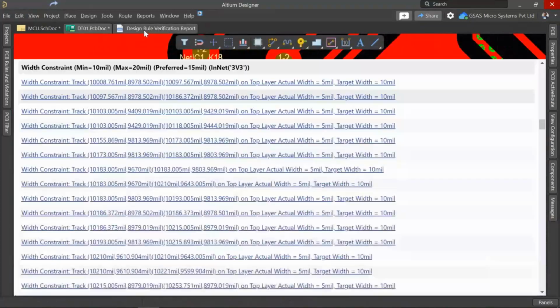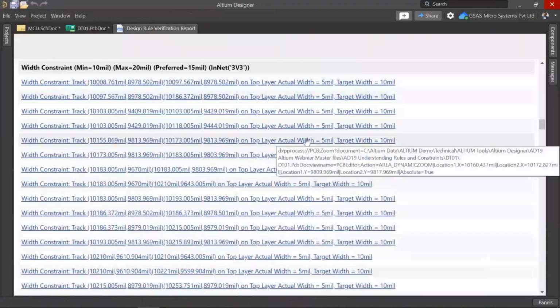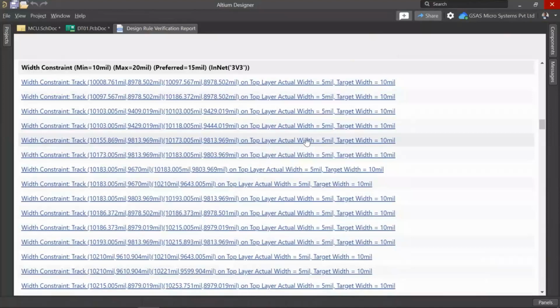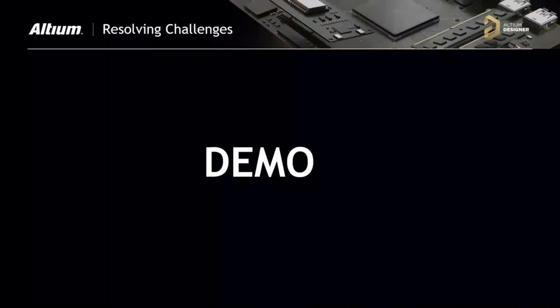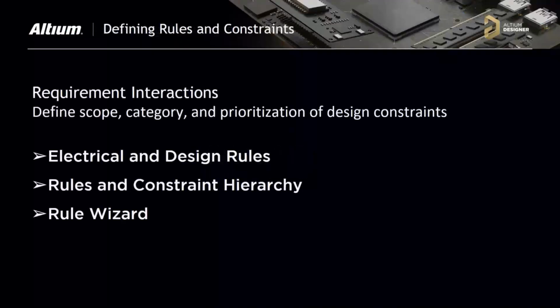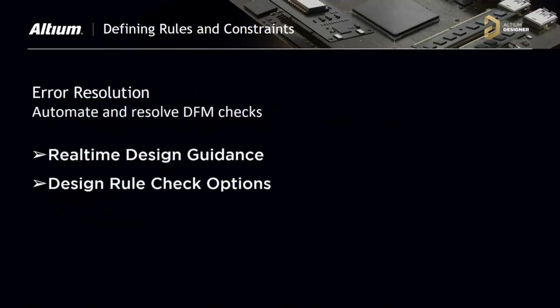Okay, this is all about understanding the rules and violations inside the Altium Designer. Now we have discussed the requirements like scoping, categorizing, and prioritizing the board layout and design rules. And we have discussed the rules and constraints hierarchy and the rule wizard. And also we have showed how to use real-time design guidance and the design rule check options.